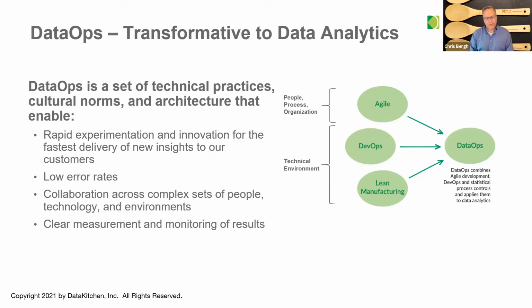One is, how fast can you iterate? How fast can you experiment, get ideas from your team and put those into production in front of your customers? And how well can you do that with very few problems, errors, wrong data, or things misconfigured? And how well can your team collaborate, whether they're sitting next to each other or part of different teams? And finally, how analytic can you get about your analytic processing?